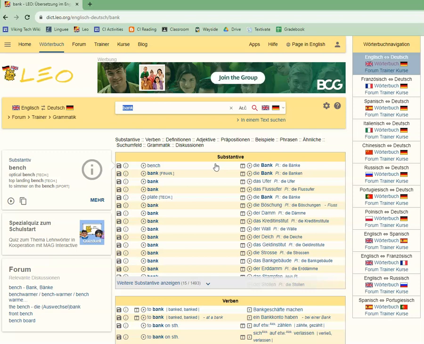I think that is everything for right now. If you have any questions about how to use Leo, feel free to ask me. The biggest thing that I just want to make sure you understand is to not just look at the very first thing that pops up and say, oh, this must mean bench, because maybe it does. But reading through the list of words that it could be translated as will give you a much better sense of what that German word really